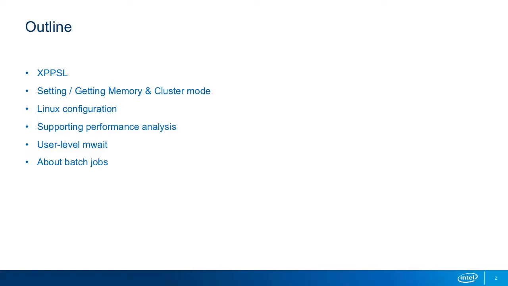So the outline would be the XPPSL. This is the Xeon Phi processor system software layer, which is the extension of the normal kernels and software you have. Then some settings and getting the memory and cluster modes. How you can do it, more something for system administrators than ordinary users, but probably nice to know. Linux configuration,